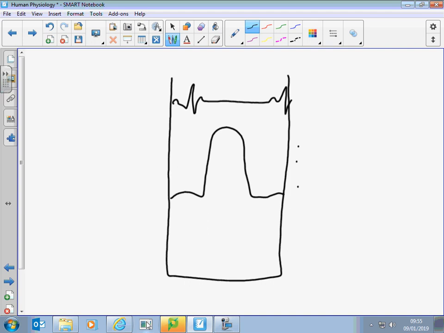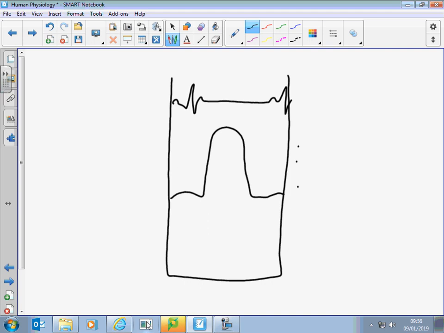When the washing machine fills, it reaches a point and then the valve closes in the machine, doesn't it? And we get quite a thump in the pipes when that happens. And that's like the valve closing in the heart. It's not the actual valve shutting that you hear. It's a shake in the pipes, and it makes it rattle a bit. It makes it sound really awful. It's not that bad, but you get the idea of it.